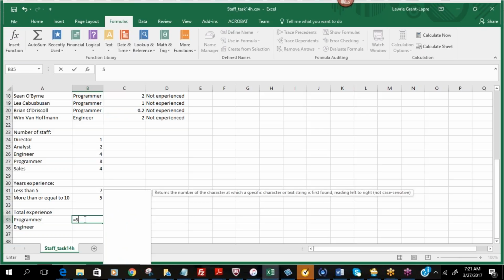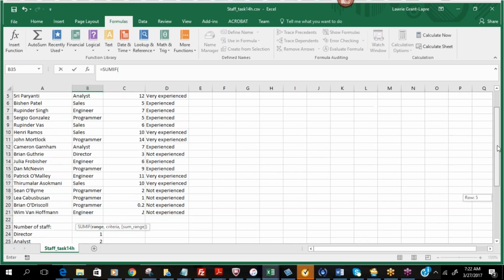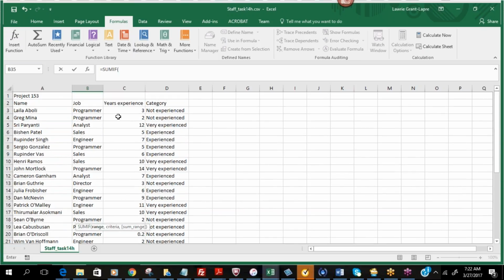The function we will use is a SUMIF. There is a SUMIF. Let's press enter. Here we've got the range that we're working with, the criteria, that is the word, and the sum range where we will get the totals. So let's have a look at the words. We're going to look at the words from B3 down to